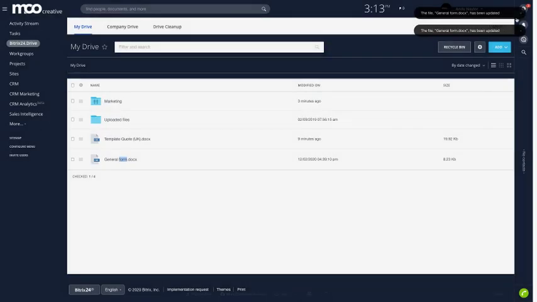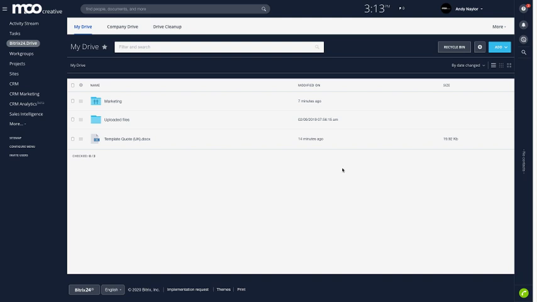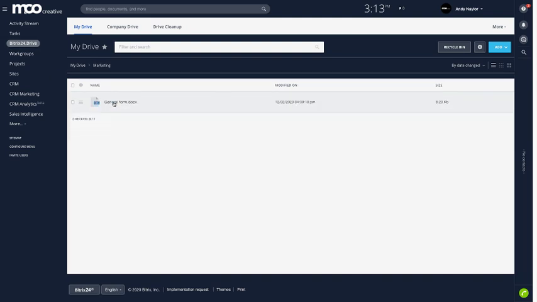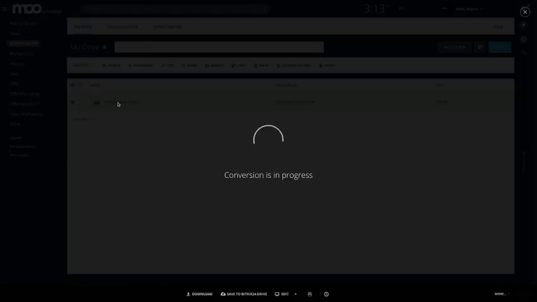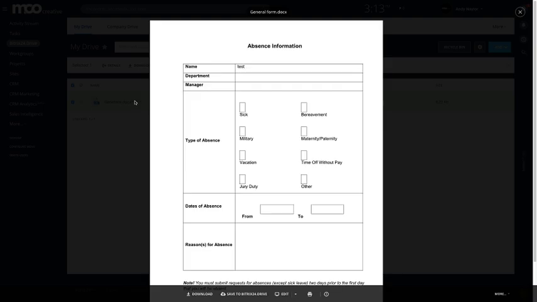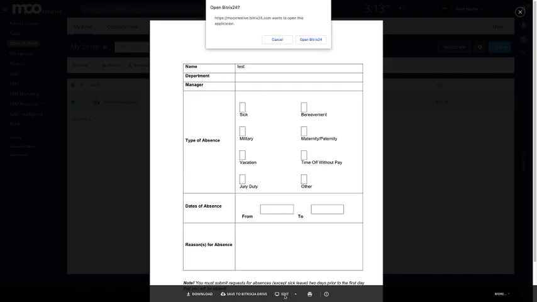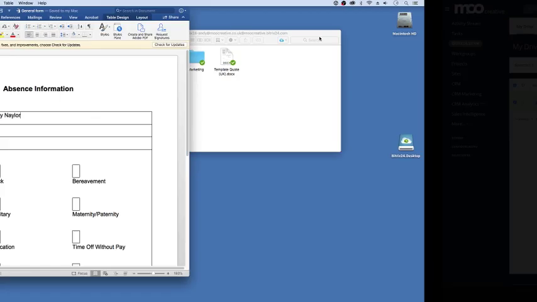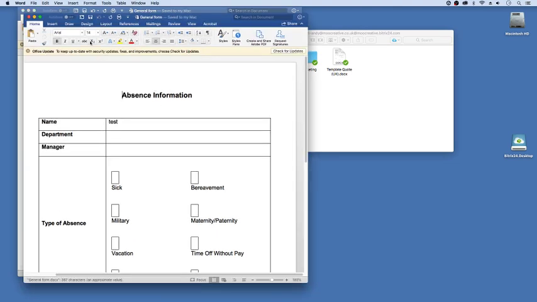So if I come out of here now and give this drive a refresh, then you can see, in fact, I moved it into the marketing. You can see in here now, if I was to open this up, it should give you the Andy Naylor. I think I might need to save it back into the local machine. But you can see we've been having a couple of issues with Word. But essentially it syncs it back up via the desktop application into the